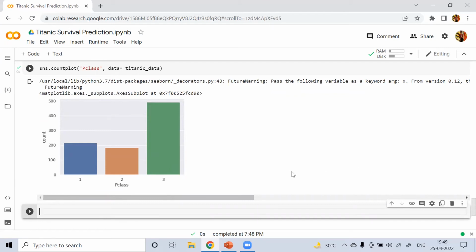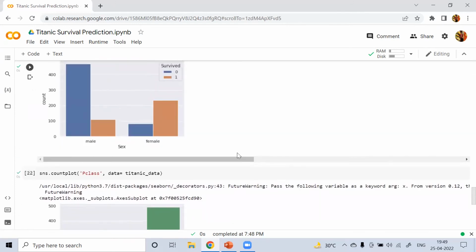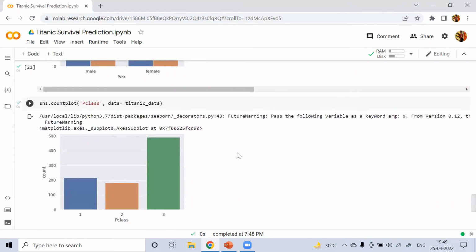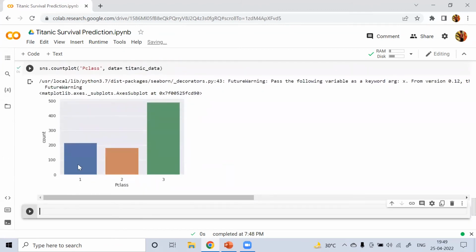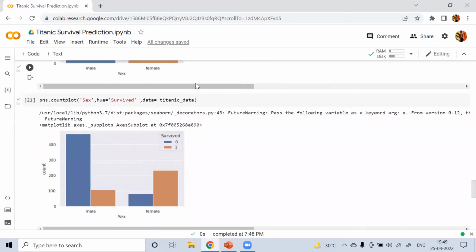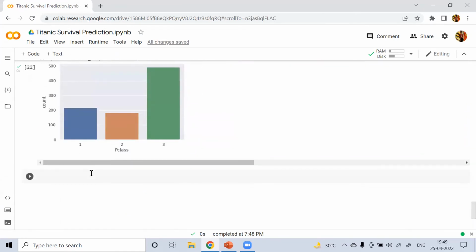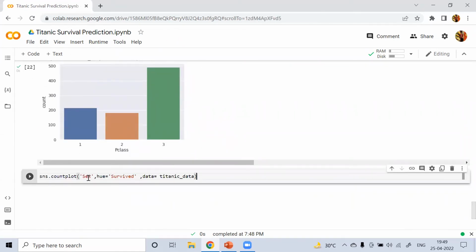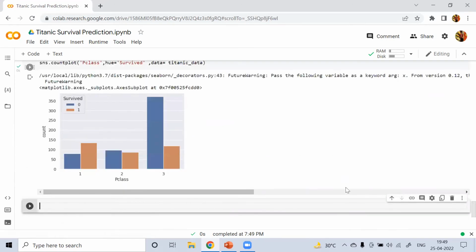So let's do the same thing to see, for a person from first class, how many survived, and for a person from second class, which we will do by using this hue. I will copy this, and instead of sex, Pclass.